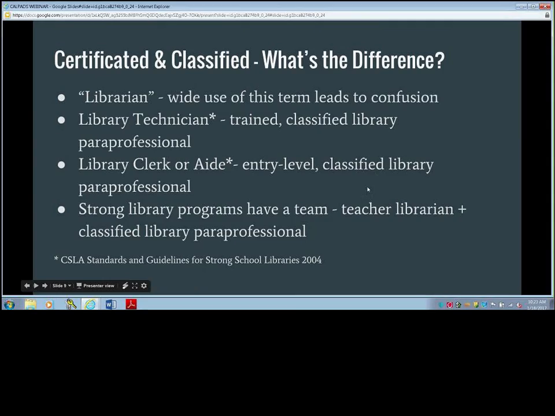Just to point out, when I got my teacher librarian credential, I ended up four years later becoming the Orange County Teacher of the Year and semi-finalist for a State Teacher of the Year, because that training impacted my practice in the classroom so profoundly, it brought me to that level. So you may not have the capacity to hire that person, but obviously there are people on your teaching staff who care deeply about kids and know that expertise is important, and they can pursue that credential even without necessarily being employed as a teacher librarian. It's the absence of the expertise that is disturbing.